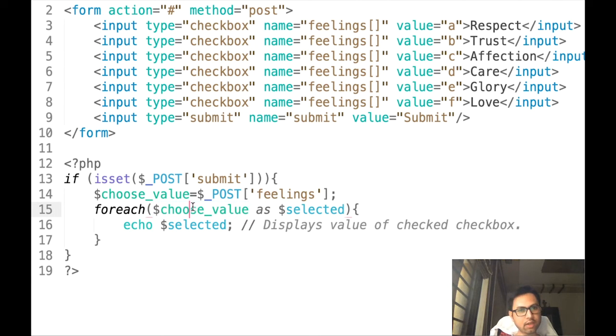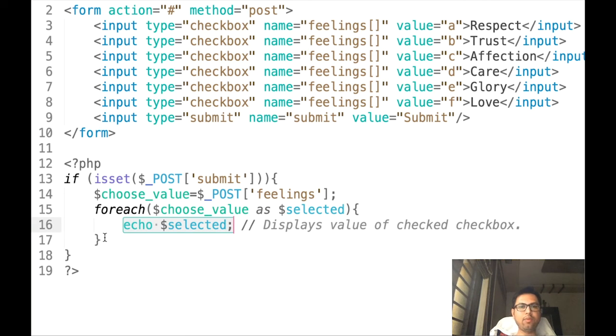In the foreach construct, the first argument is the main variable, then $selected, that is the temporary name we are going to assign in the foreach loop. The first value inside this array comes over here and is printed using the echo statement.